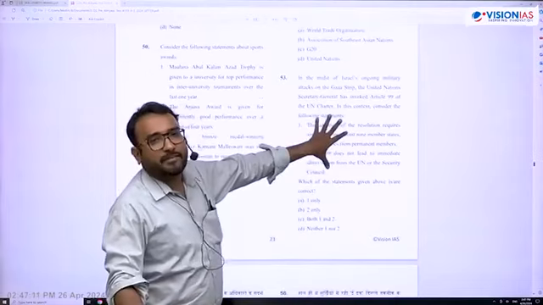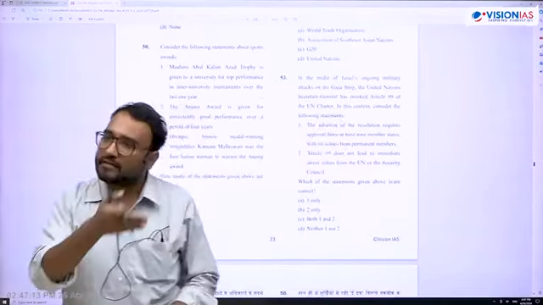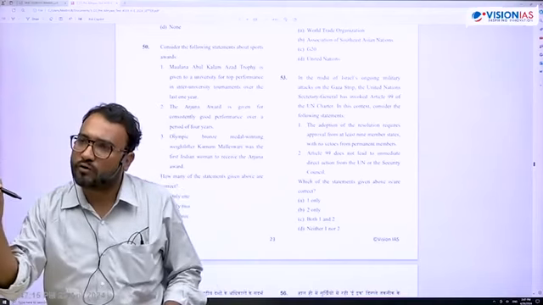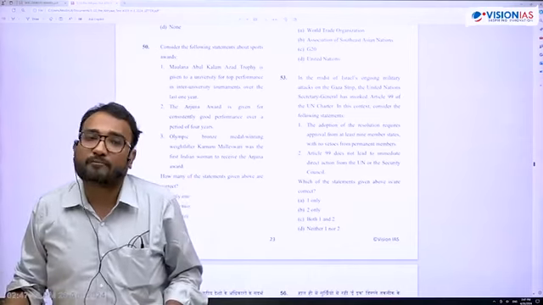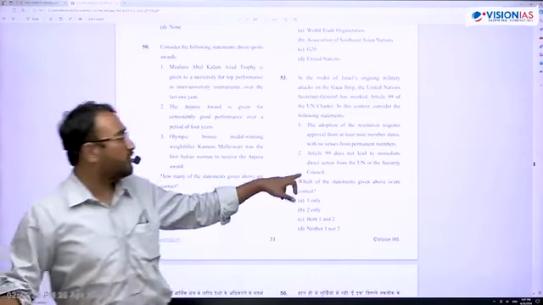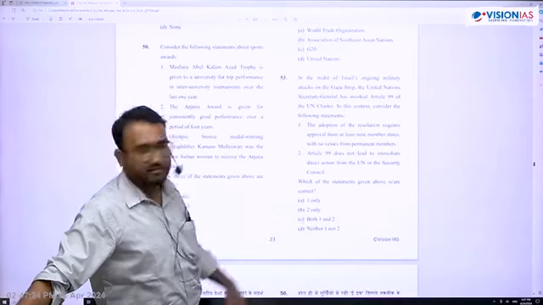Now both the statements are correct. Under Article 99, the provision is that the Secretary General can invoke it, but it requires the support of at least 9 members, and none of the 5 permanent members should veto. So this statement is also correct. This is also correct. I will settle for 53C.